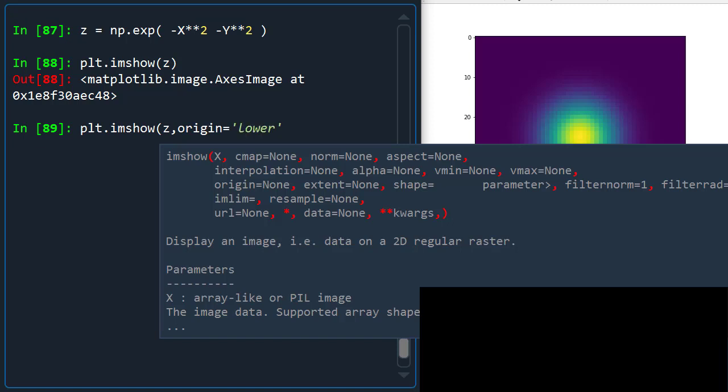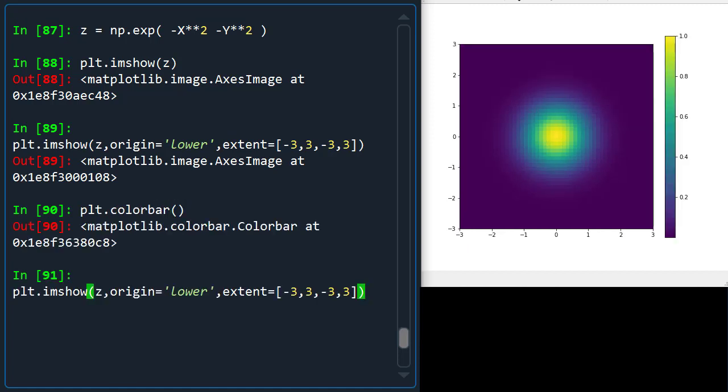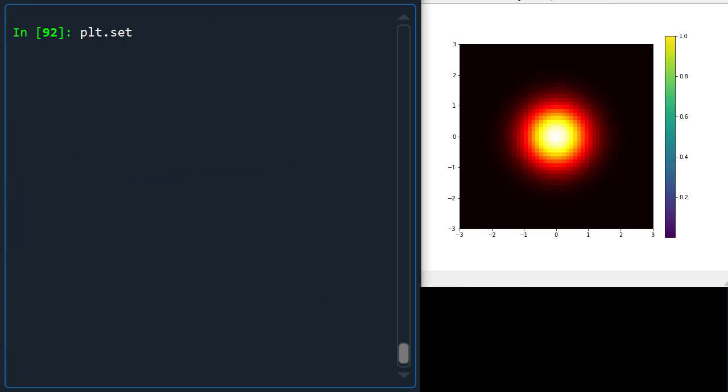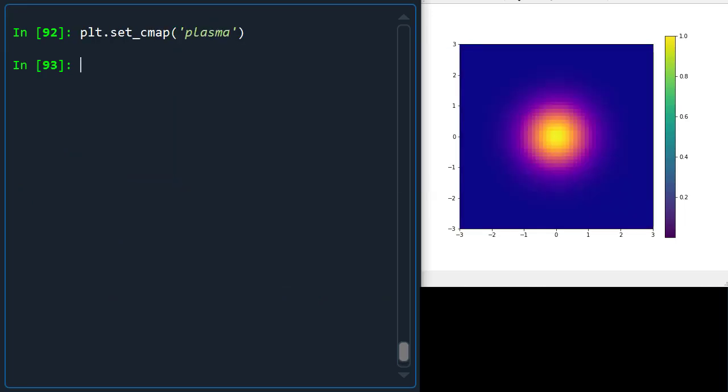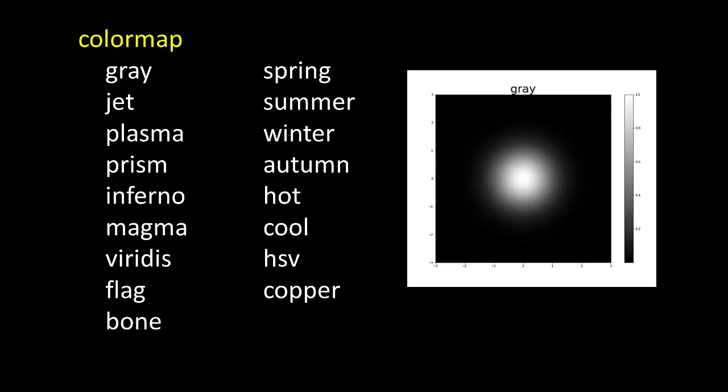This is a false color map of levels of Z. The color map can be shown with plt.colorbar, and different color maps can be used either in imshow or with a separate function, or more simply with a function of the same name as the color map. There are many choices. Some of these are